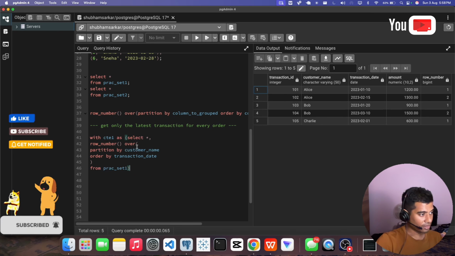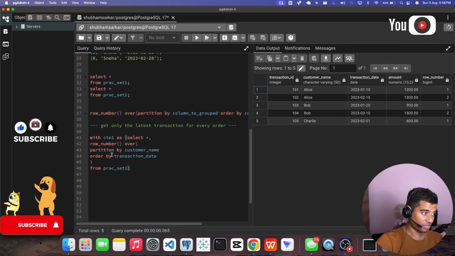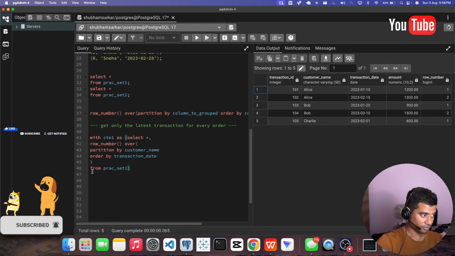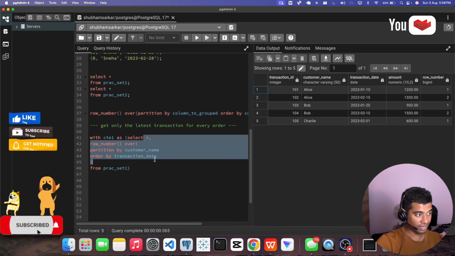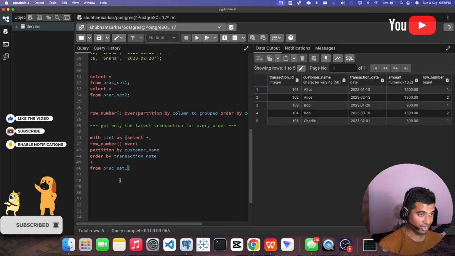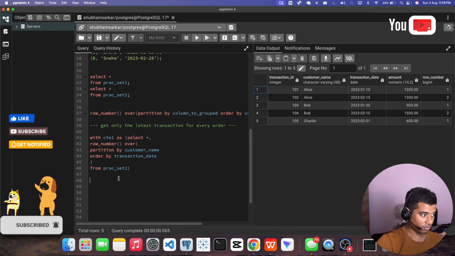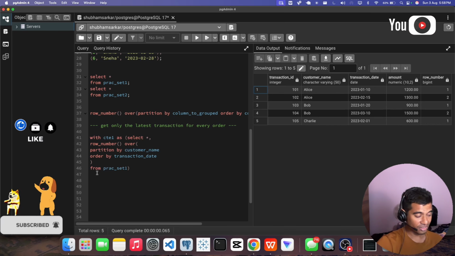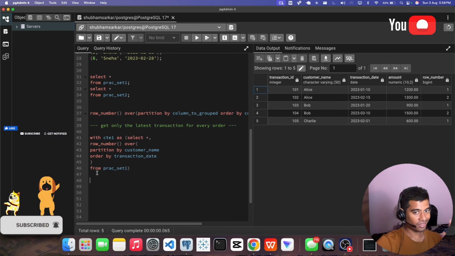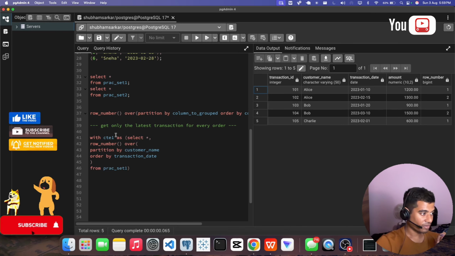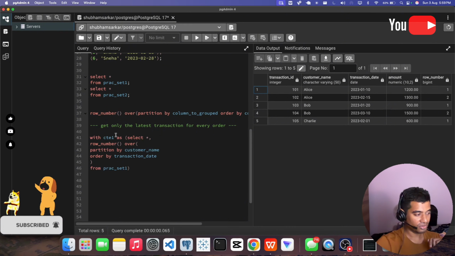Because as per order of execution, first of all FROM will work, then WHERE, then whatever is there in SELECT will execute. I mean order of execution, not transaction, sorry.